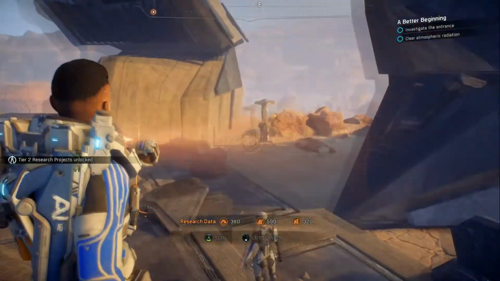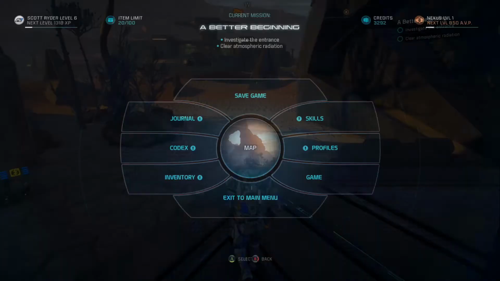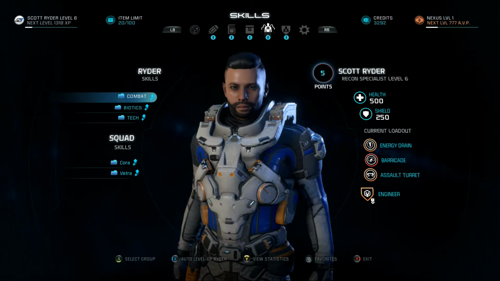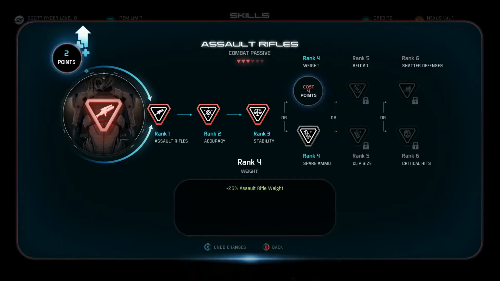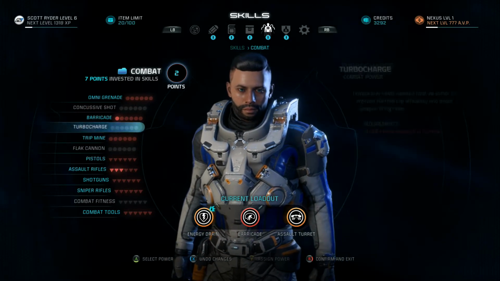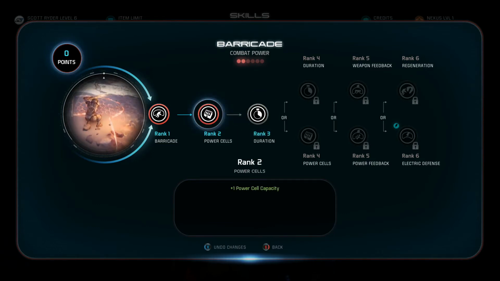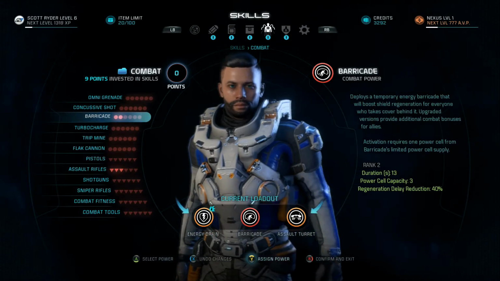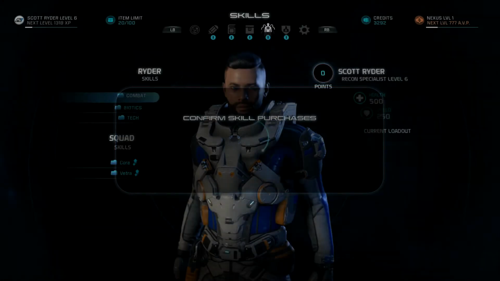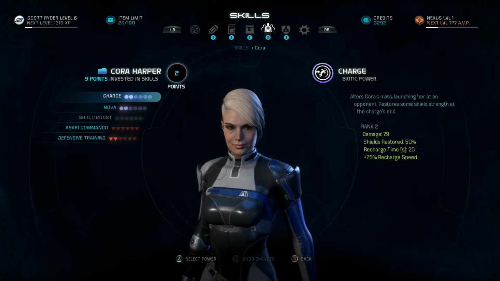Oh, nice. Tier 2 research projects unlocked. I think for the Tier 2 projects we have to research the Tier 1 version of the thing before we can get the Tier 2 ones. Let's see, I still need to put more points into this, so we'll pop some into stability. How many does that give me? 7? So if I bump up barricade. That's what it is. Power cells are used for certain abilities. Maybe. Yeah, power cell capacity. That's what those red ones are for. So there we go. Now I can pump some into combat fitness and unlock my...